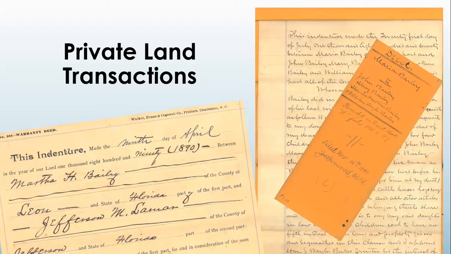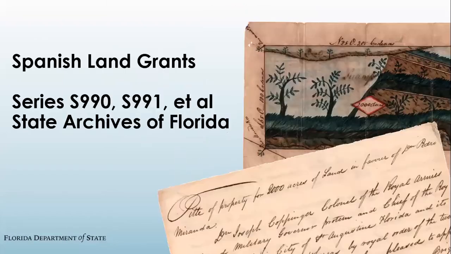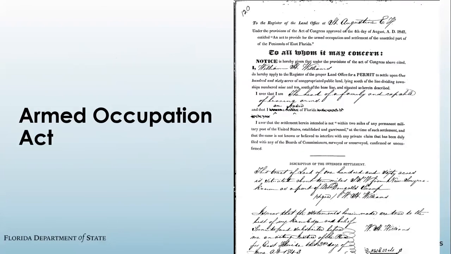The part that we didn't get to is, how do you actually locate this land in real space? We also, of course, talked a little bit about some of the quirkier ways that people got land in Florida, and that's the Spanish land grants and also the Armed Occupation Act. If you weren't here for part 1 and you'd like to learn more about that, part 1 is available, I understand, on the Leon County Public Library's website, and I'll let Shauna and Nellie tell you exactly how to get to that, but it is available online already.